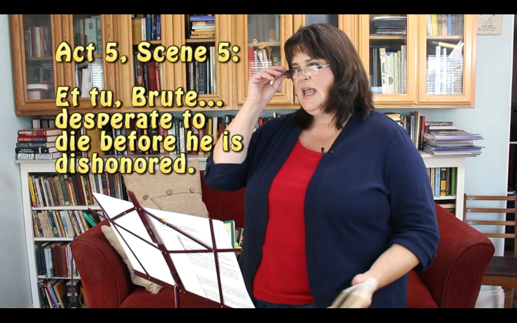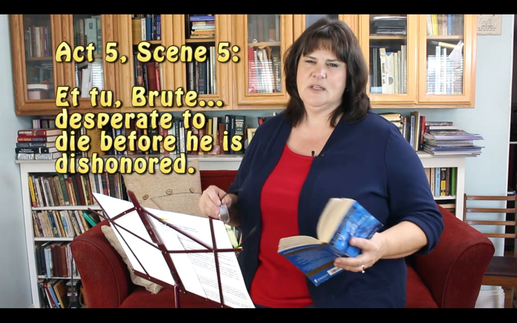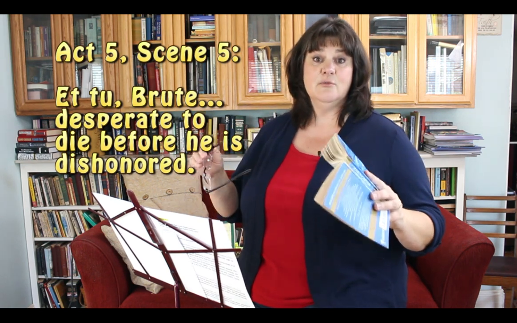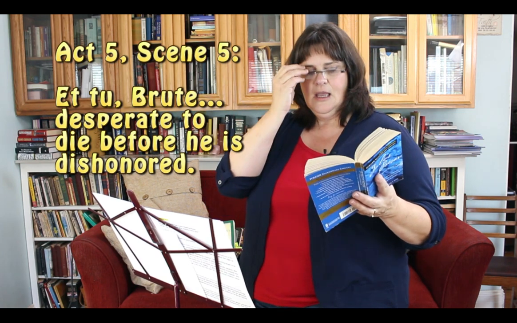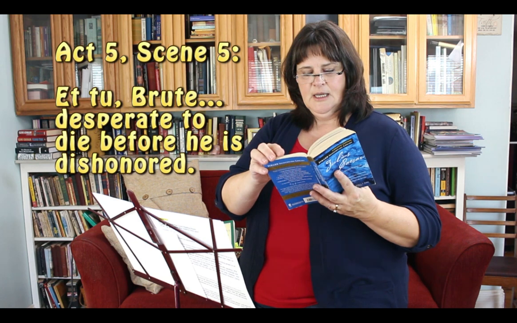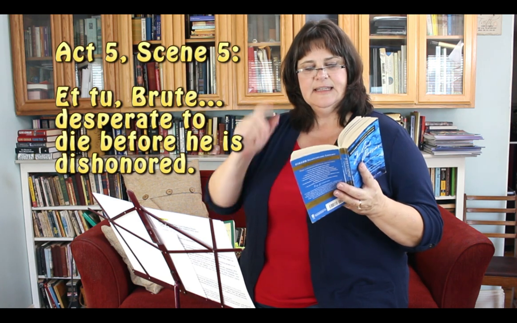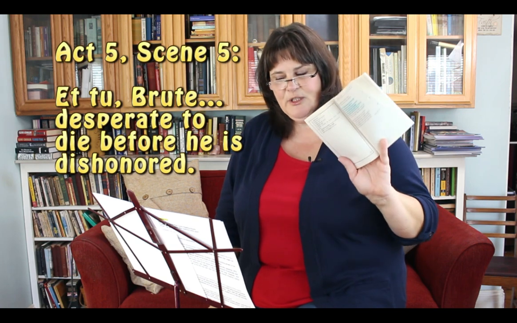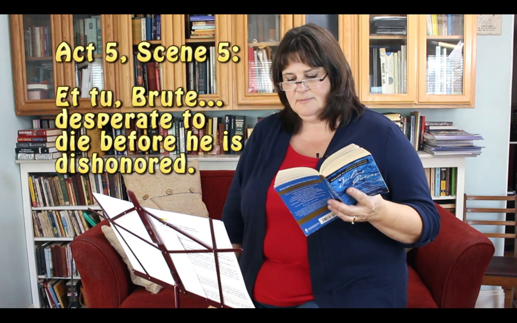In other words, he's happier about killing himself than he was about killing Caesar. But Caesar, be still. In other words, the ghost be silenced. He's revenged now. Antony and Octavius come in. Strato explains what happened. And Antony, line 74, says, this was the noblest Roman of them all.